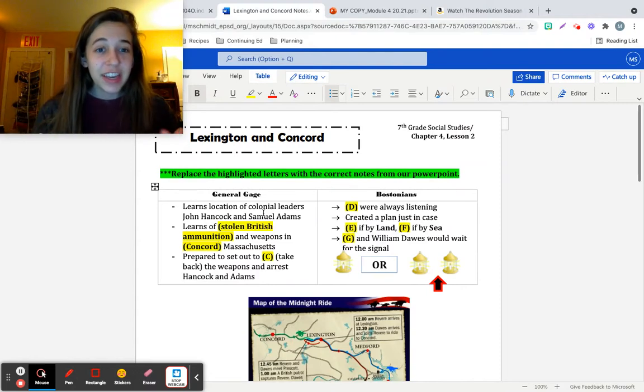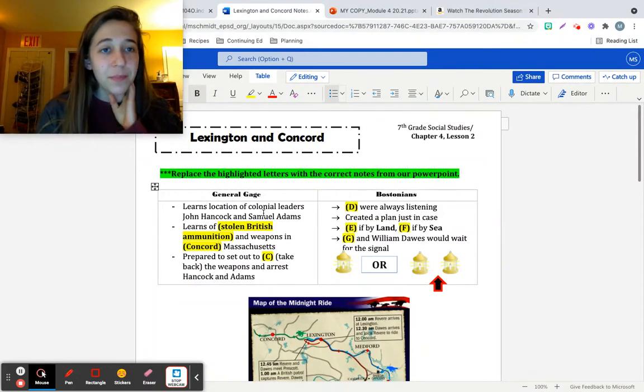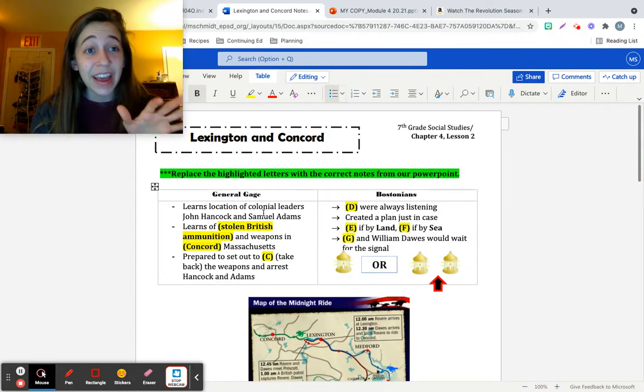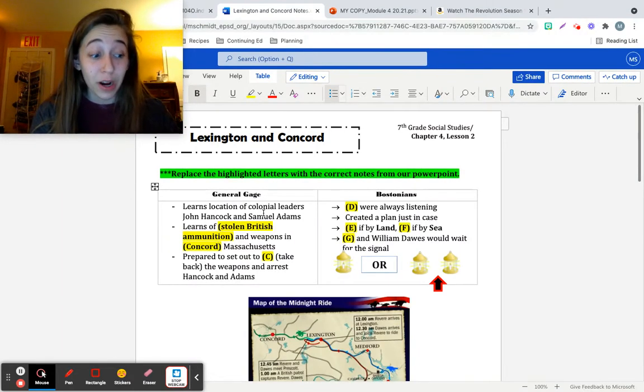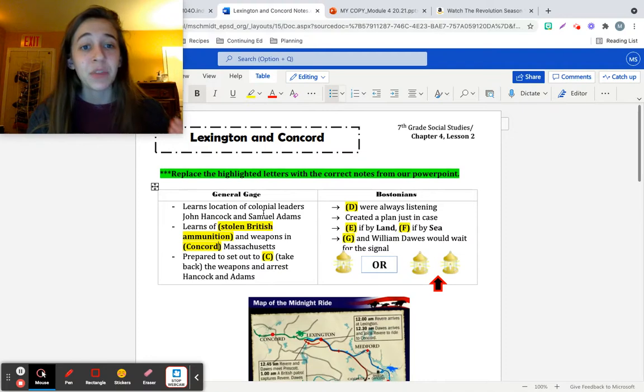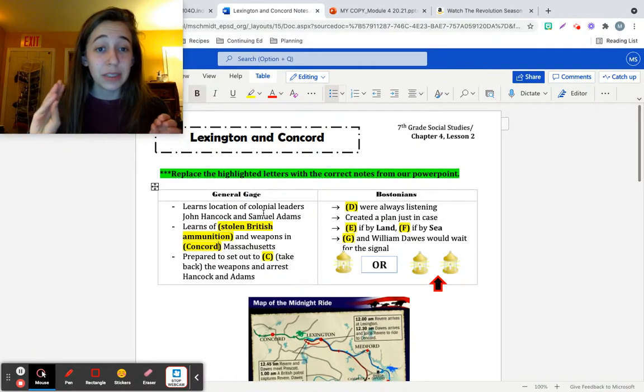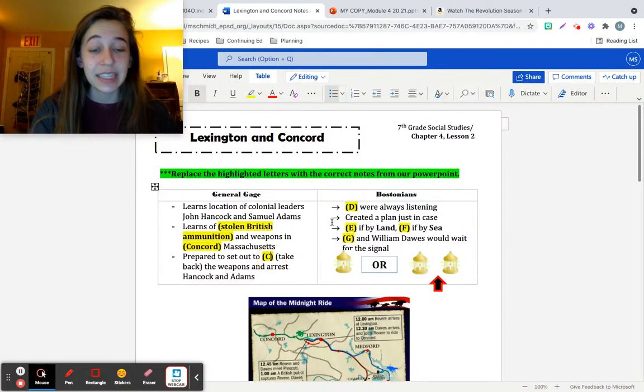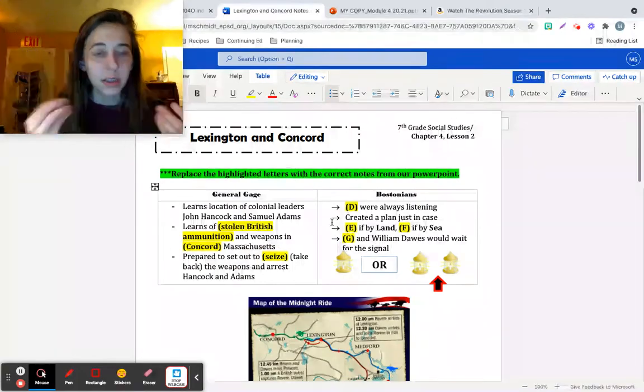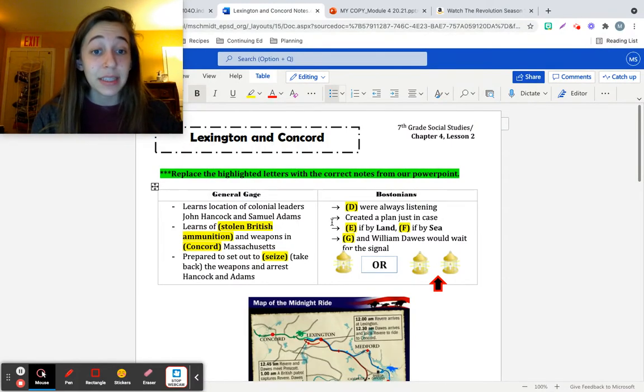So he's the governor of Massachusetts. He hears that the Patriots are starting to prepare for war, and they're starting to prepare for war by stealing British ammunition and weapons. So he's like, okay, this is not happening. And he sends out British troops to go and seize or take back the weapons. So that's what letter C is. Seize. That's just a fancy word for take back or take control of the weapons,